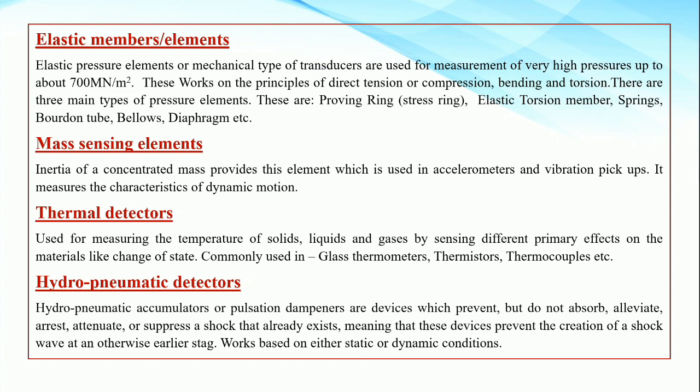If you talk about dynamic conditions in a hydropneumatic detector, the orifice and venturimeter are used for flow measurement in pipes and provide information in the form of pressure change as a result of transformation of energy. Then there is the pitot tube, which measures the pressure resulting from total flow rate rather than change of rate. Then there are vanes in the form of airfoils and turbine wheels, which are also used for sensing the fluid flow.